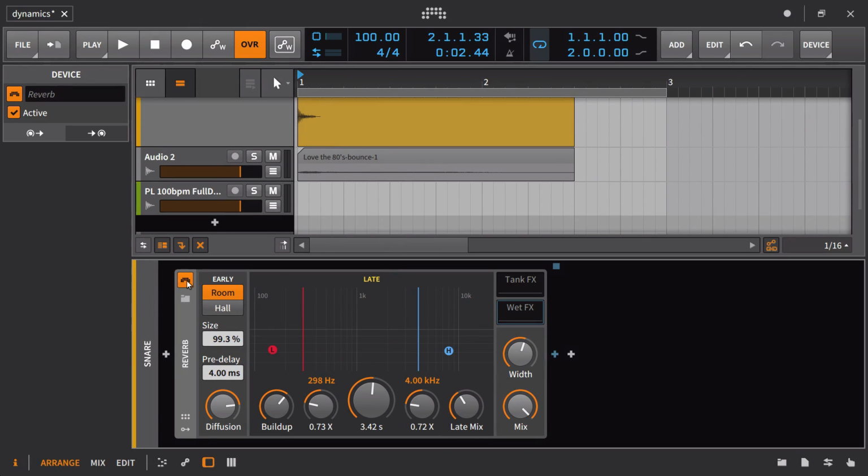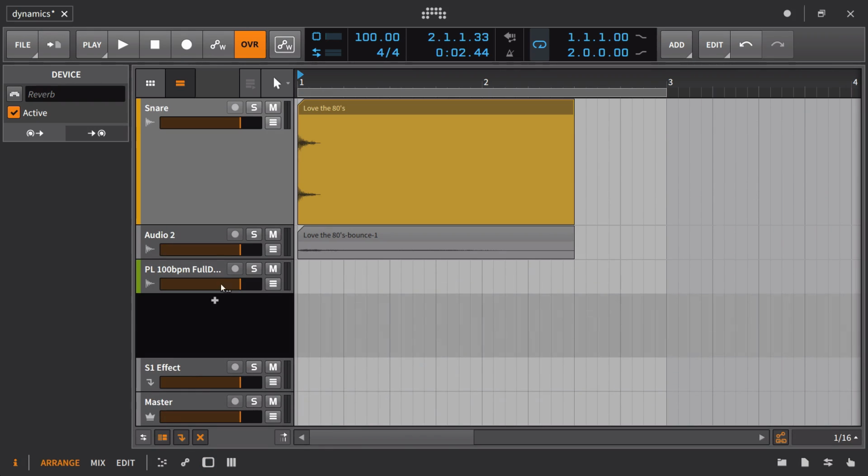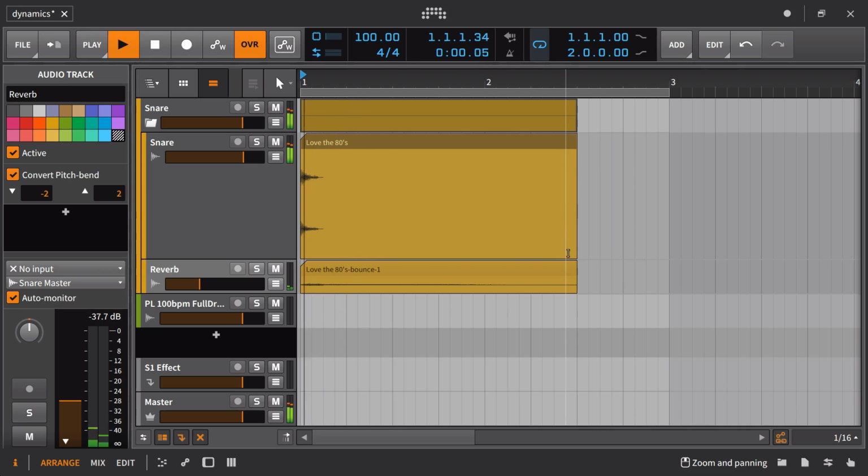And then what I could do is get rid of the actual reverb on the signal, and we would probably put these into a group of some kind, call this the snare. And now I have control over the reverb and the snare. So when we play it back,